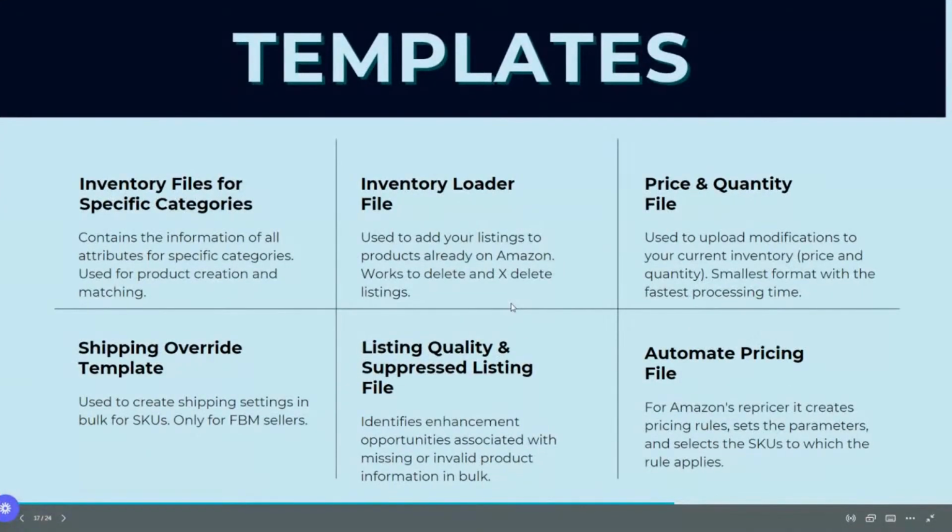The last two are the newest ones. So listing quality and suppressed listing. Now you see in your Seller Central, when you go to your manage inventory, you see suppressed listings or listing quality. That dashboard will tell you what are the listings that have issues, that are missing information or that have discrepancies